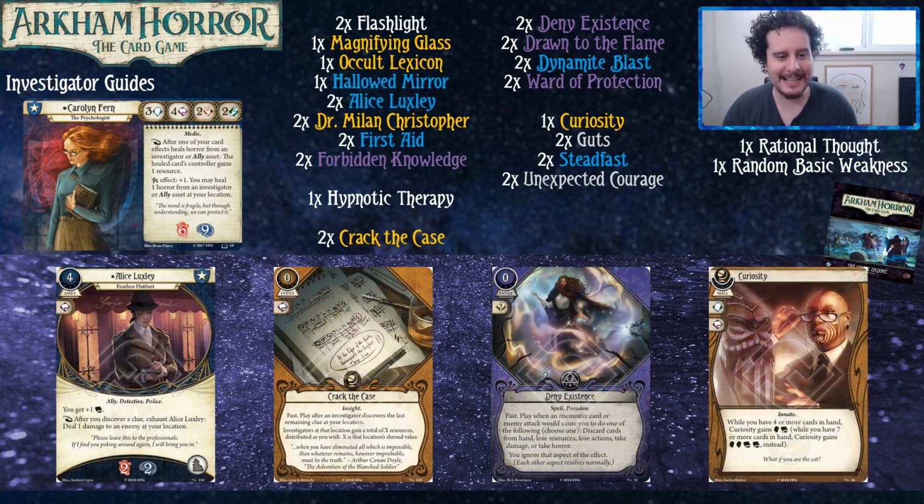Alice Luxley. She gives you a book, and after you discover a clue, exhaust her to deal 1 damage to an enemy or location. Travis, I'm curious for this one in here, because you only have 1 ally slot, so what's the plan going with this? What would you advise new players? She's not as generically good as Dr. Milan Christopher, but she does...